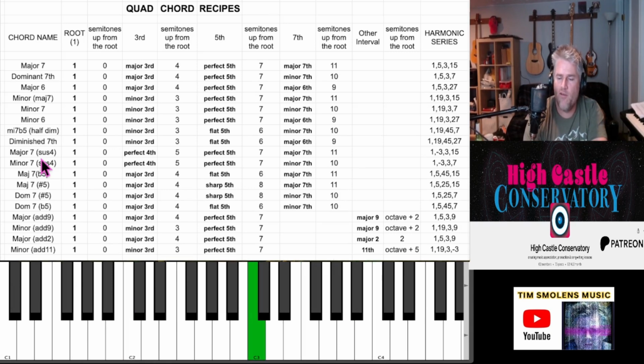So 5s are very much related to the idea of an augmented chord and a major 7 chord, because it gives us that augmented note and the major 7 note, because 25 is 5 times 5 and 15 is 5 times 3, and the harmonic series actually uses multiplication to make its notes, whereas Western music just uses names that you're supposed to memorize that are somewhat arbitrary, or at least based on a major scale, which is not the be-all end-all. And I don't know if you know this, but when you name something based on a scale, you're basically calling that scale the god of that universe. I could go on a rant, but